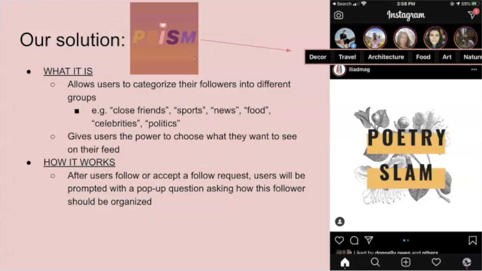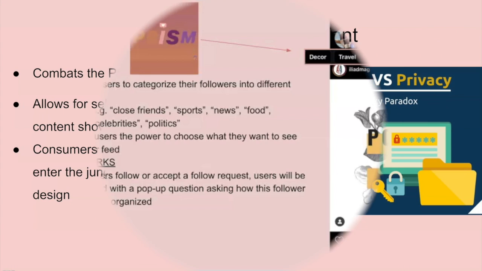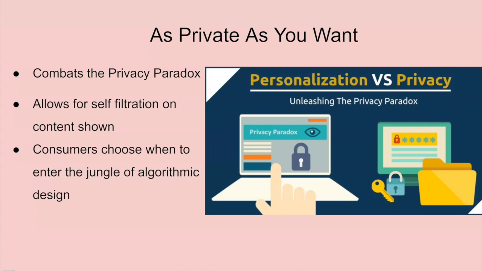And one of the big points that Jaron Lanier makes in his book, 10 Arguments for Deleting Your Social Media Accounts Right Now, is that our lives would be better off without social media because it brings out the worst in us, and it dramatically disconnects society. However, like Lanier, our group remains optimistic that the solution is not to rid the world of social media, but rather refine it in a more respectful, humanistic way that gives users more freedom. And Prism will do exactly that. Prism benefits both the company and the consumer.